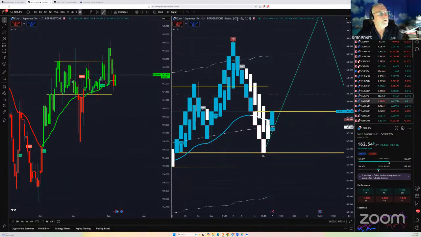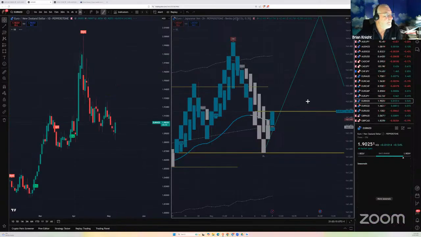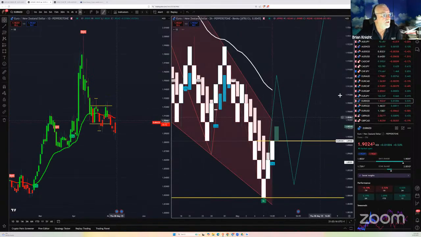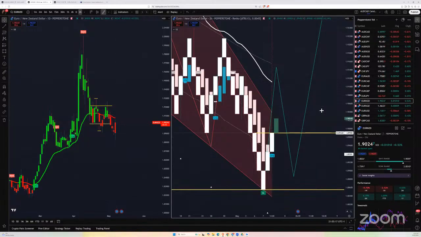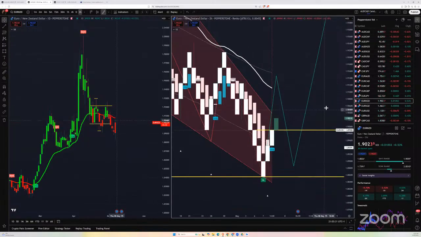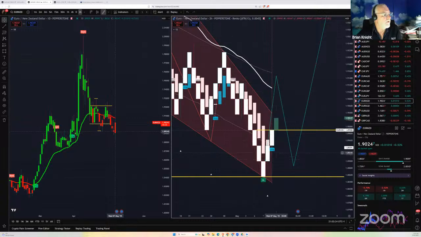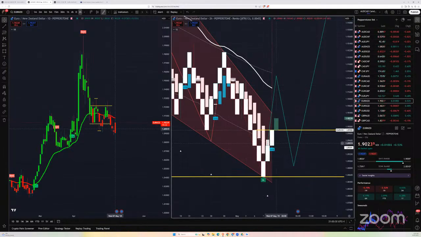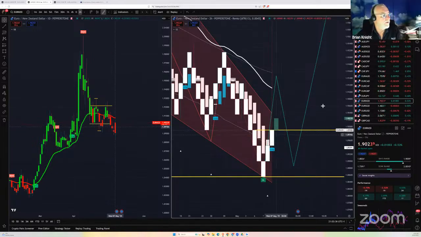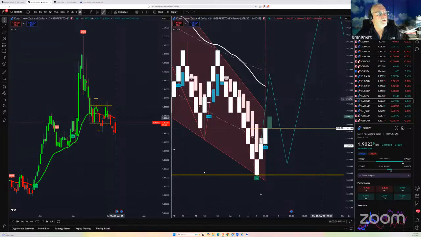Right here, your NZD doing the same thing. You're pushing back up. Well, we do have a long, we've got that, but we don't have a change. It's a fair distance away from the trend bar. But if we get a blue and/or a Heikin-Ashi with it, all right, that one's undecided at the moment.